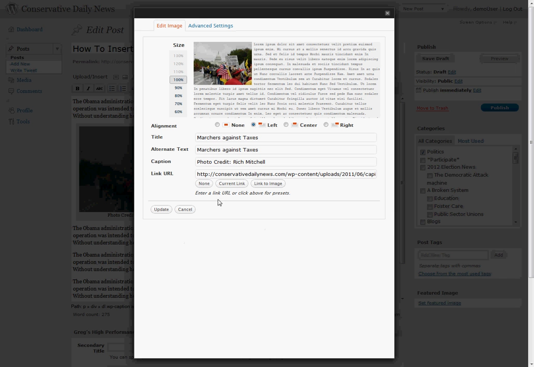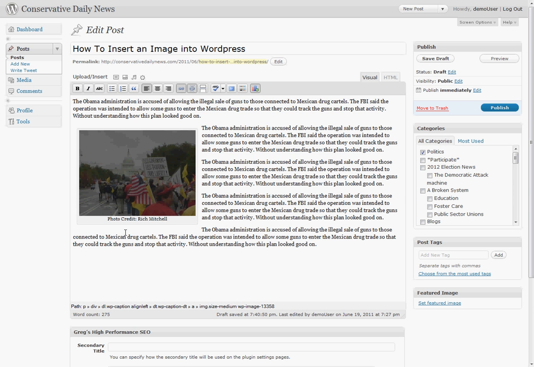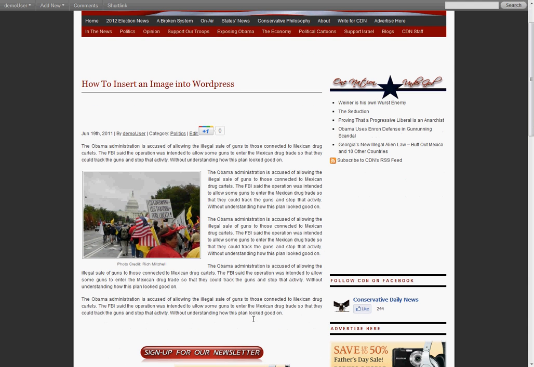So let's show left. So we'll update this button. You can kind of see here what's going to happen. It gives you more of that newspaper feel where the text floats around the image. We can preview this so you can see it in the final product. And there you see it. The image has gone from pushing the text down to having the text float around it. And then we'll go ahead and show you